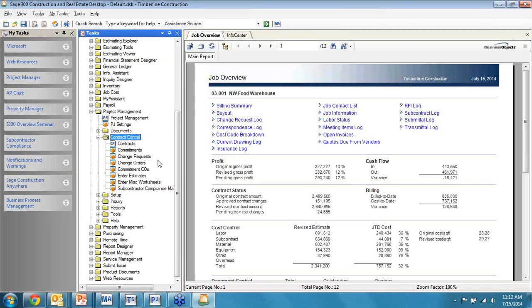So change requests that are entered or captured, change requests that are combined for change orders, and then those commitments that are associated with those change requests are also driven. So within our change request tool, we can modify revenue, we can modify budget, we can modify commitment or subcontract costs, and we do that all within one simple environment. So at any point in time, we can see exactly where we stand with the job